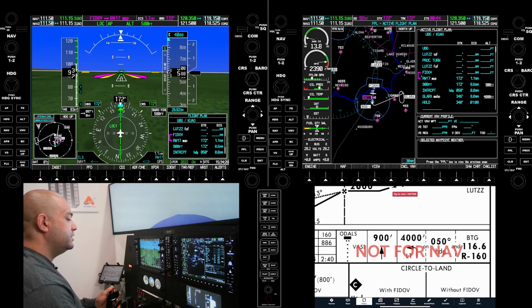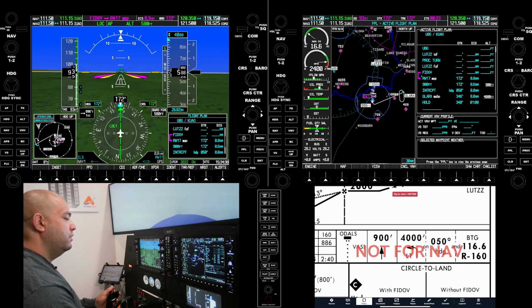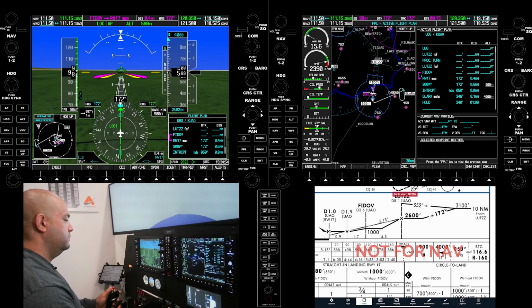Like I said, I'm not going to press TOGA. Mixture forward, props forward. How about I'll open the cowl flaps for the missed approach. A lot more power, because we know we're not going to land, but I still want to stay in that range of 100 knots. 0.4 miles. We're definitely going to have to go missed.